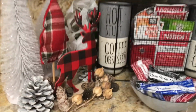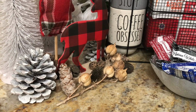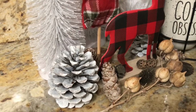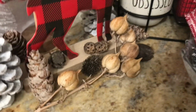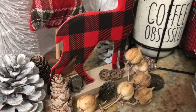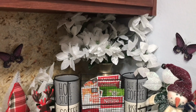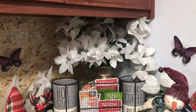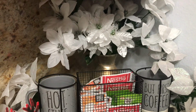And of course, all the accessories down here, the different kinds of pine cones and the seeds and all these little seed heads and stuff. I just picked them off the ground and saved them, so there was no cost for that. And here's some more that I've had from the past, and there's no cost for those either. And the flowers you see in the back, I've had them in here, I don't know, last month, maybe 2 months. So we've used them a lot because, you know, I like to use things over and over and reuse,